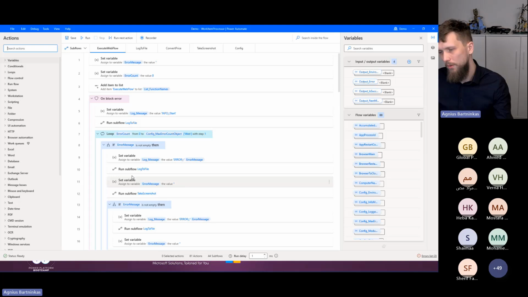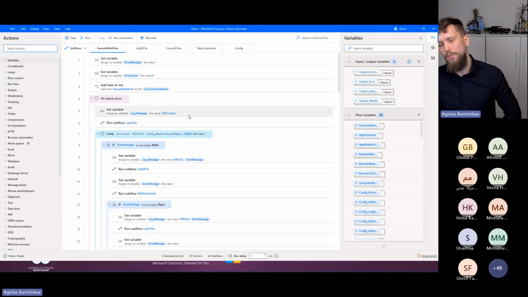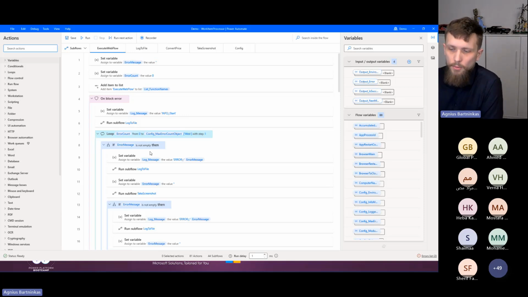Right. So it has those 44 subflows, but I'll only show you 5 that are actually relevant for the topic. The rest are just things that handle the database interactions and all sorts of stuff like that. Right. And now